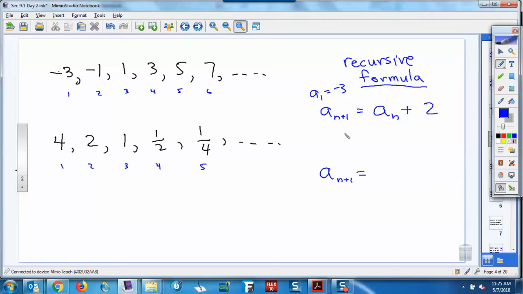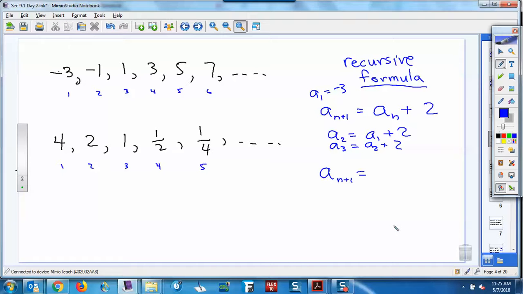So our first term would be -3. So if we wanted the second term, right? If we want the second term, what's n got to be? 1. And if n's a 1 there, it's got to be a 1 there. So that means this formula is saying A2 is A1 plus 2. Well, what's A1? -3 plus 2, -1. There it is. And then to get A3, we would take